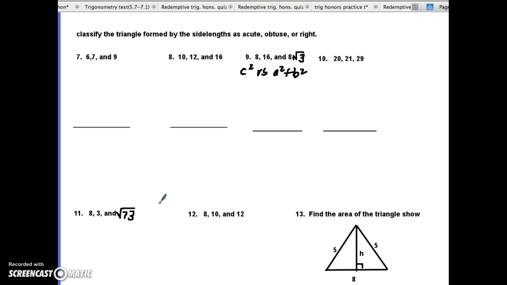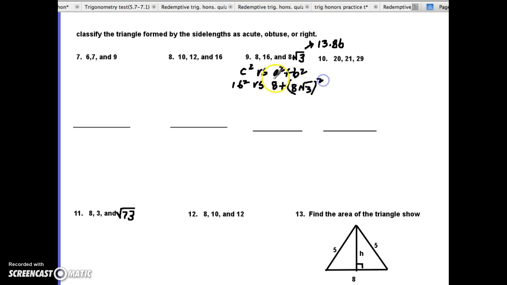Square root of 3 times 8, I'm getting 13.86 about that. So for this, it's coming out to be about 13.86, almost 14. So the c here in number 9 would be number 6, that's a side length 16. So I do 16 squared compared to 8 squared plus 8 root 3